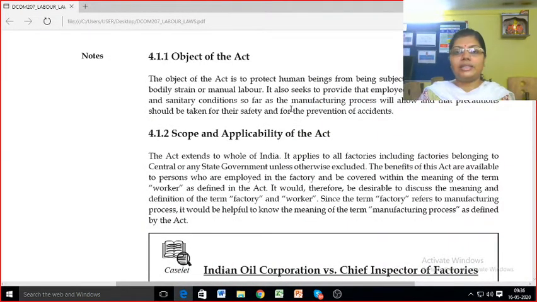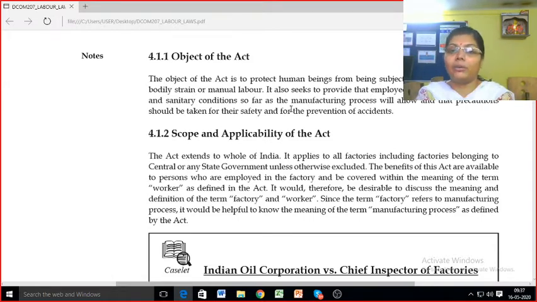Today we are going to start with the object of the Factories Act. We have already studied the history of the Act. Now we will study what is the object of the Act. The object of the Factories Act is to protect human beings from being subject to unduly long hours of bodily